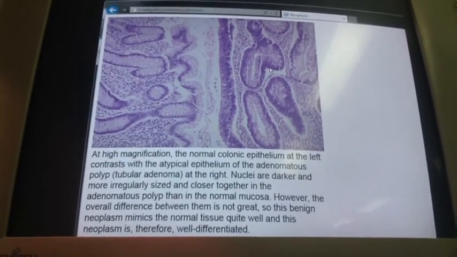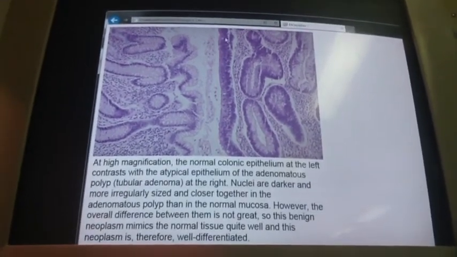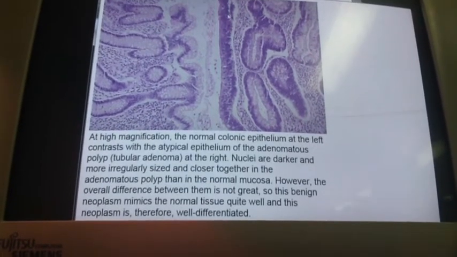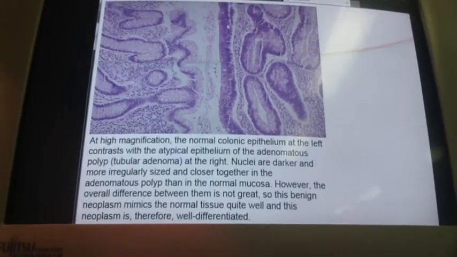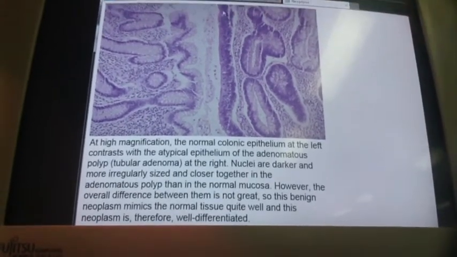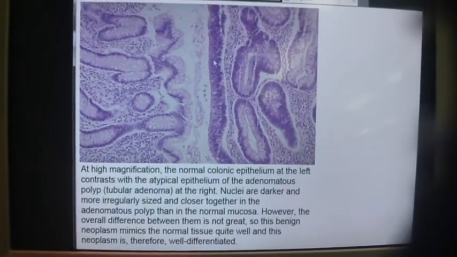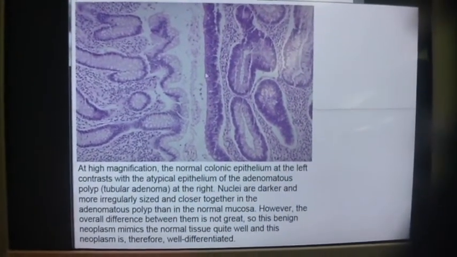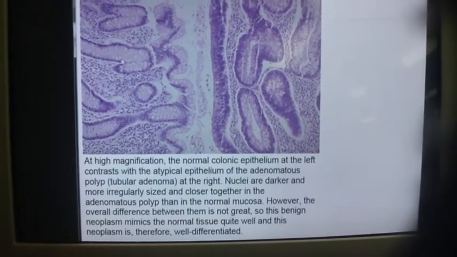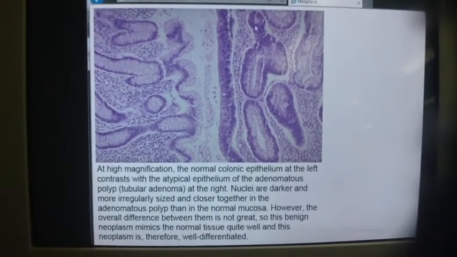While on the right side we have dysplastic changes in the form of nuclear stratification. So the nuclei are no longer at the basal side, but are distributed all over the layer. This is a stratification of the nuclei, and we also have a depletion of the mucin. We don't identify plenty of mucin like in the normal tissue. We have depletion of mucin and nuclear stratification, nuclear